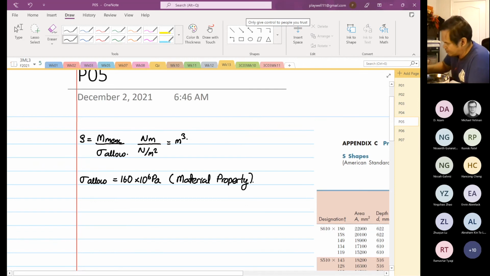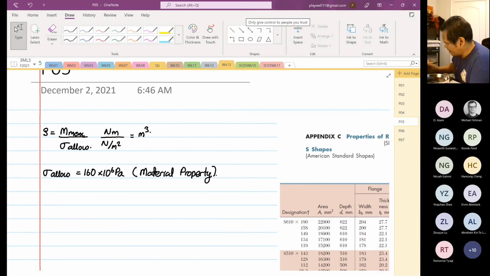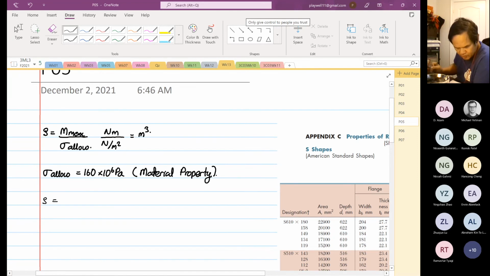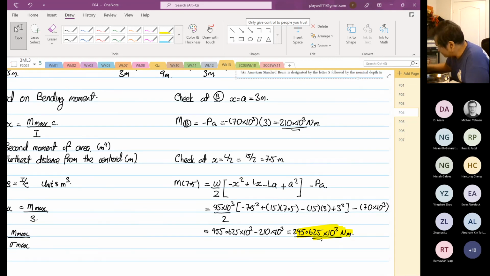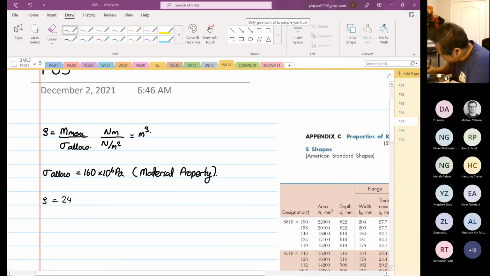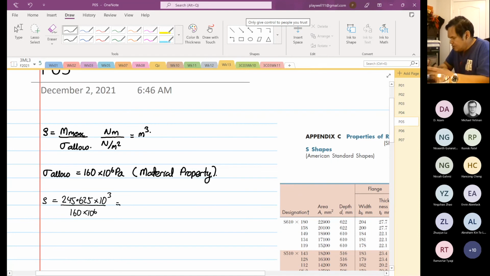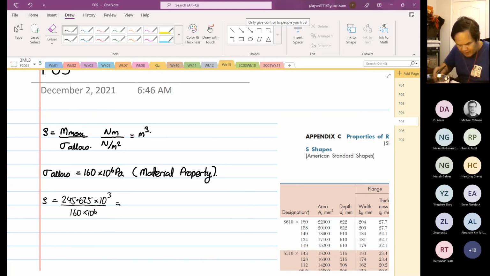Okay, so from here we calculate. Okay, so S is equal to what? S is equal to Mmax. So Mmax is at L over 2. What did we calculate? 245.625. Okay, so 245.625 times 10 to the power of 3 divided by 160 times 10 to the power of 6. So it's equal to 1.535